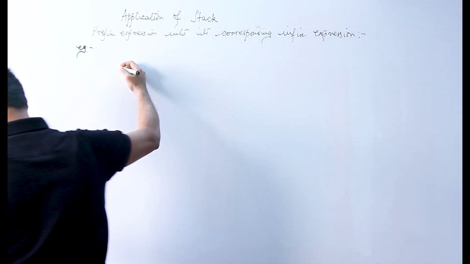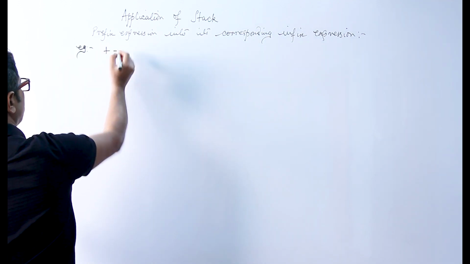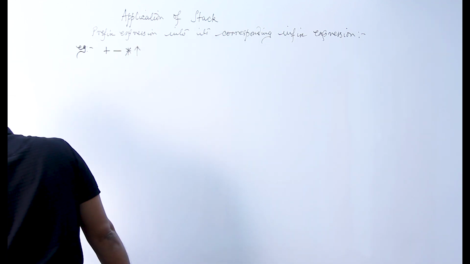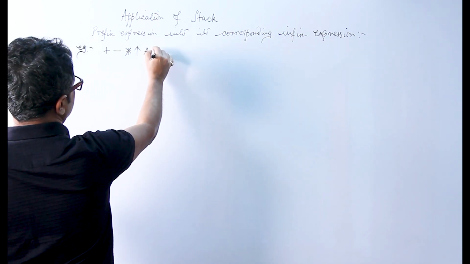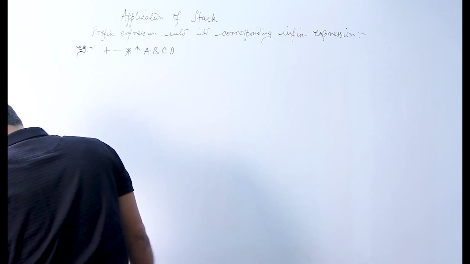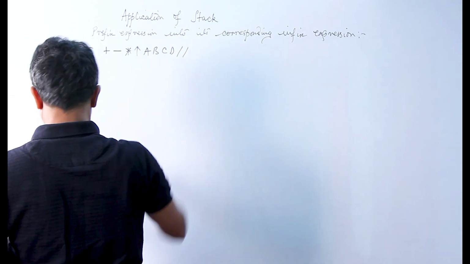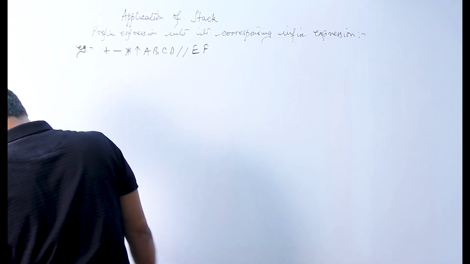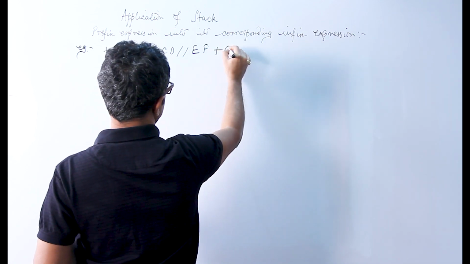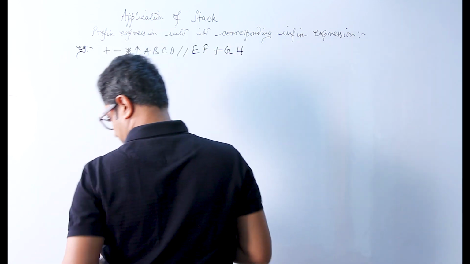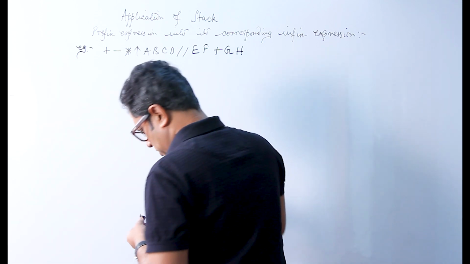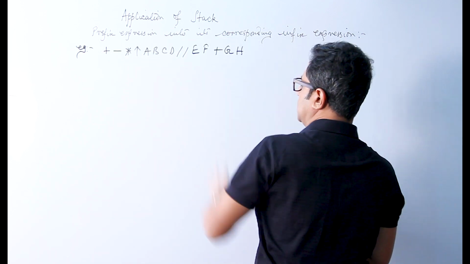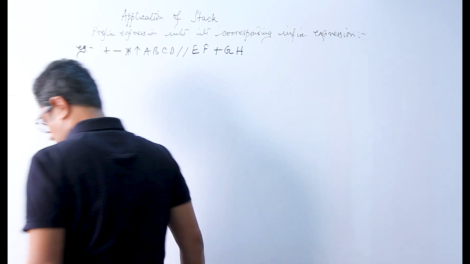Suppose the expression string is like this: plus, minus, then star, then exponentiation, then A, B, C, D, then slash, E, F, plus, G, H. So this is the prefix expression which we have as our problem. So in order to convert it into its infix form, we have to